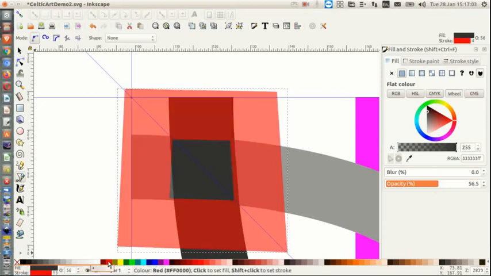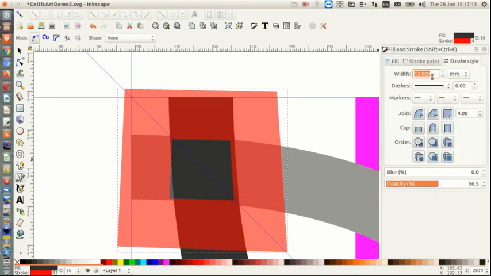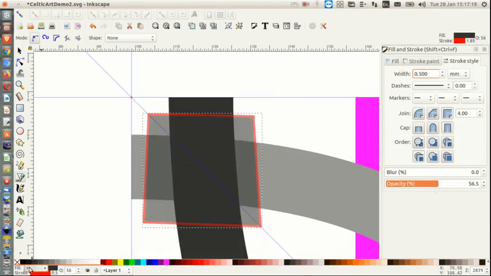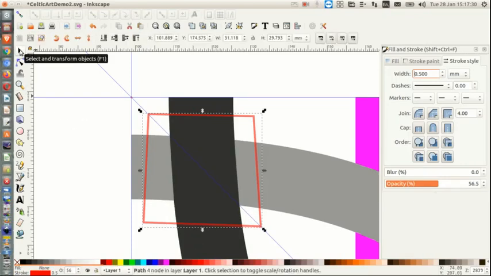Hold the Shift key down. It's got a red outline which is far too big, so I'll go to Stroke Style in the Fill and Stroke box and make that 0.5, and then I'll turn the fill off just by clicking this X here. So now we've got a box there, so get the Select tool, hold down the Shift key and click on the dark grey half loop,